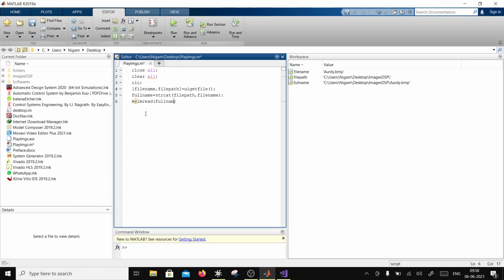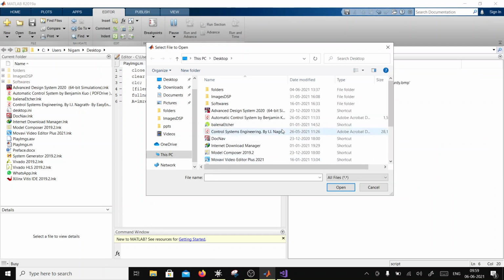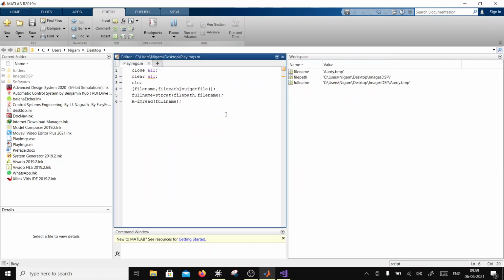Now here I'm starting with MATLAB, zero information on MATLAB. I am not a MATLAB programmer, for example, so I'm learning on the way. It says A equal to imread, fullname. Let's see if it does that. It opens the dialog box, I choose the image, and voila, you have got A, which is 512 by 512 by 3. Okay, so now that's the image.